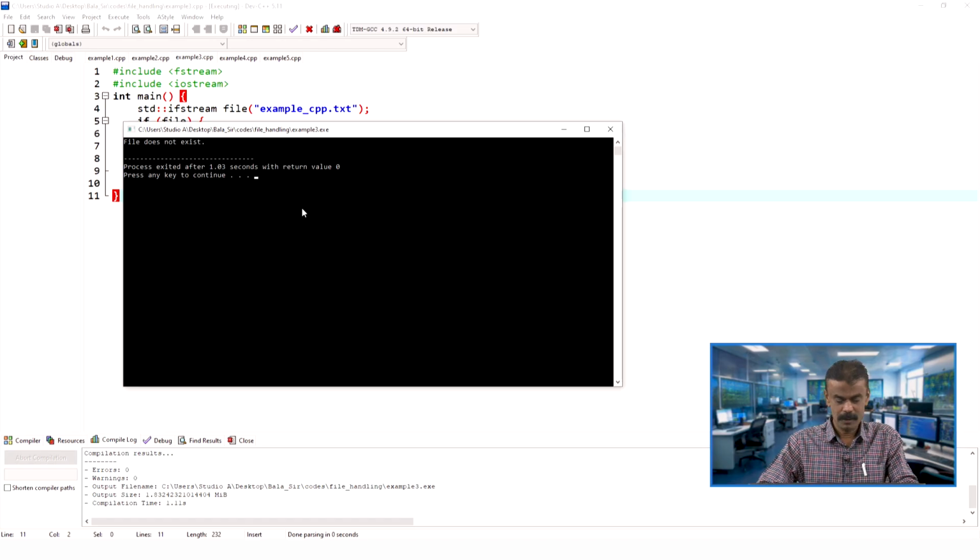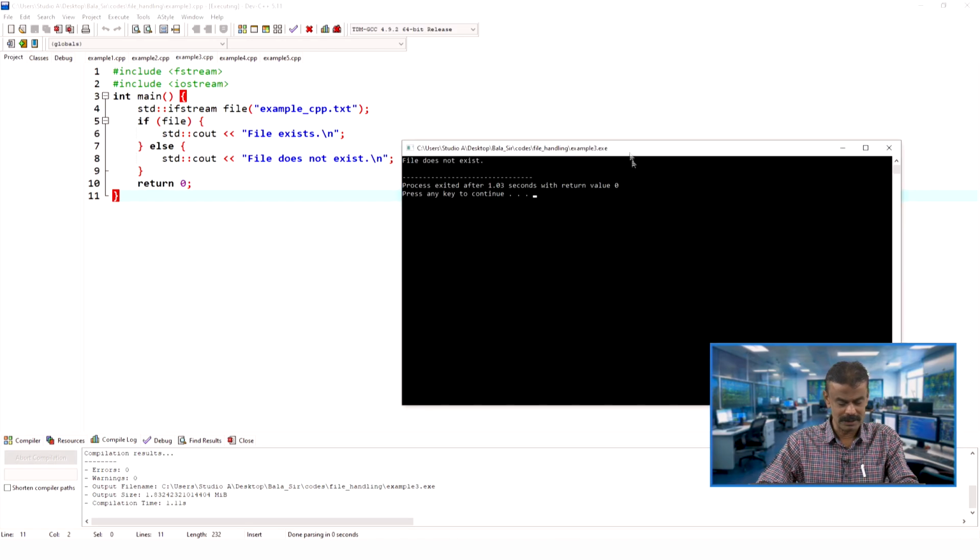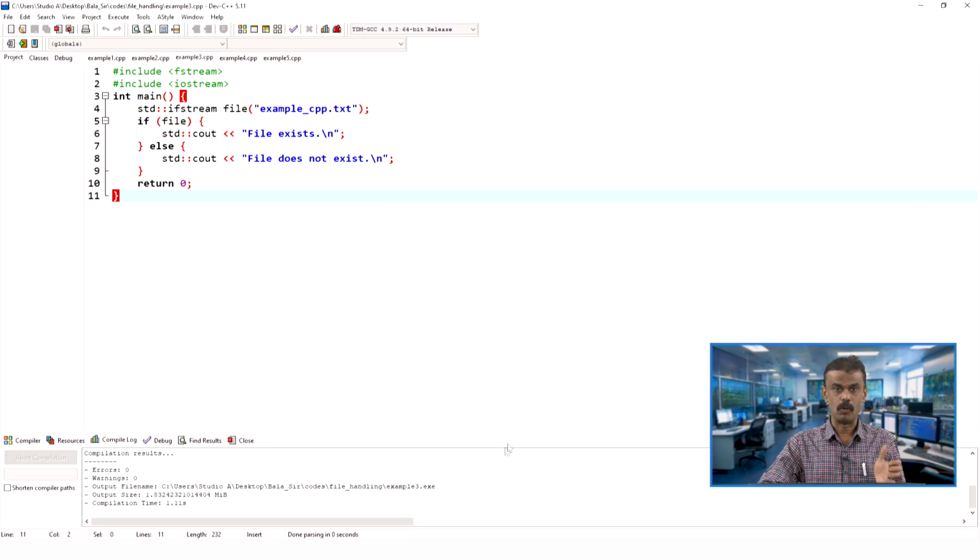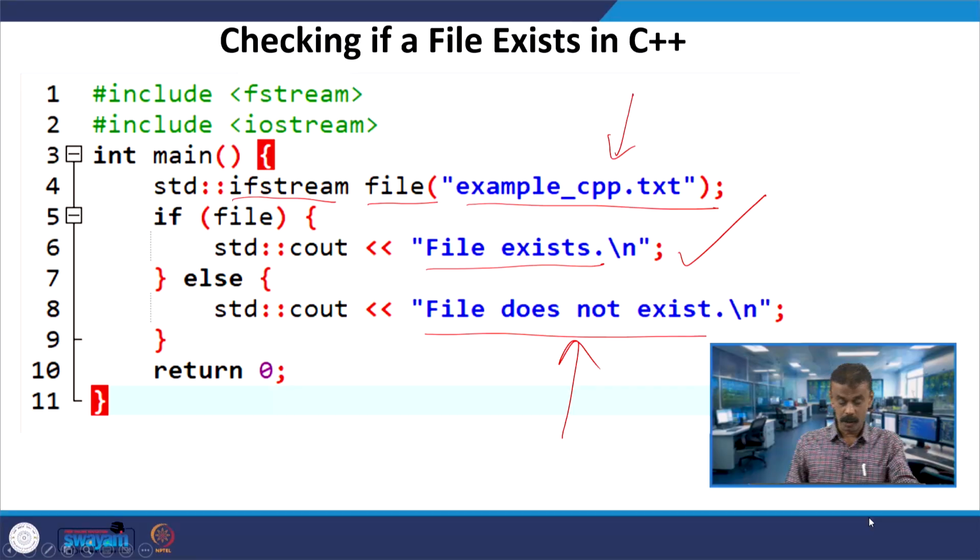It is a simple program, but we are slightly going into the advanced level, whether in that particular directory the file exists or not. So, one we had seen, we had a file, and we saw the file exists, then we delete it. So, now the file does not exist, in fact we had seen both the outputs, right, one with file exists, and another one where we deleted it, so no file is there, and we got the output file does not exist. I hope it is clear now, right.